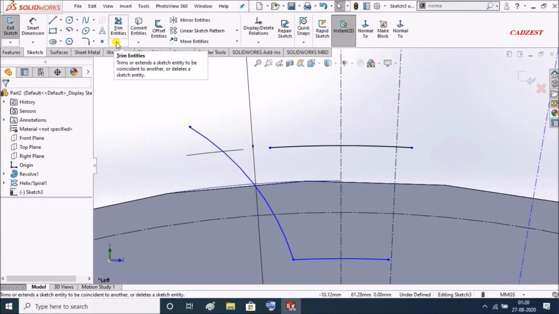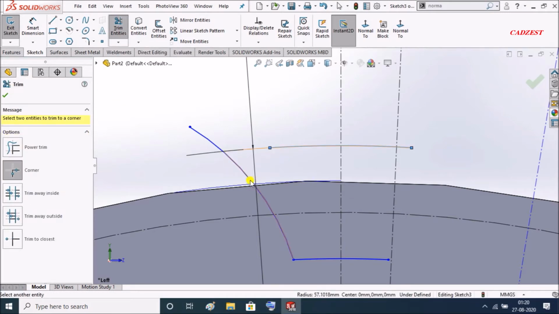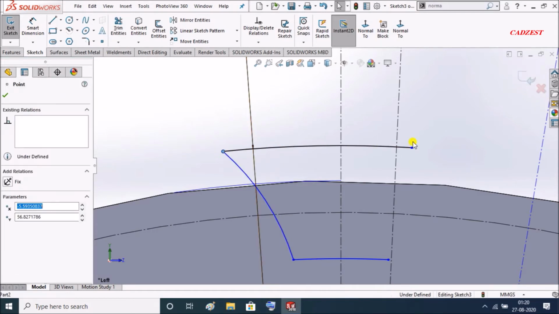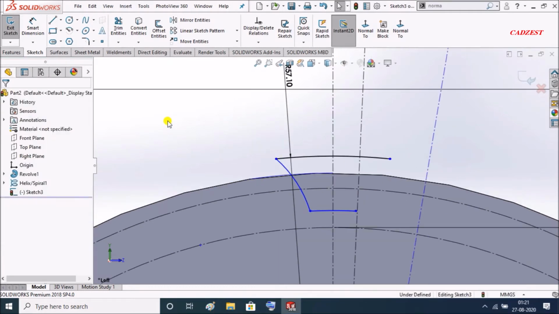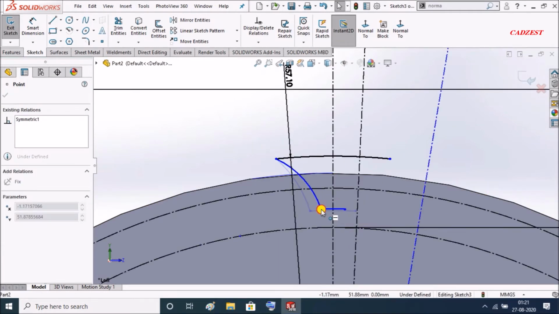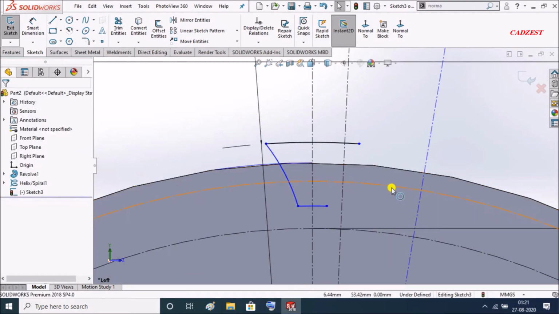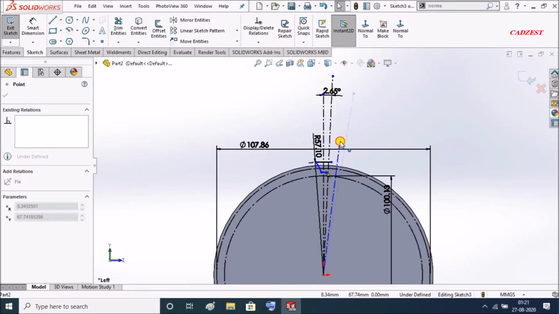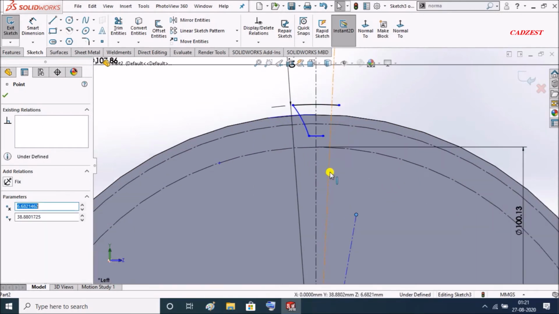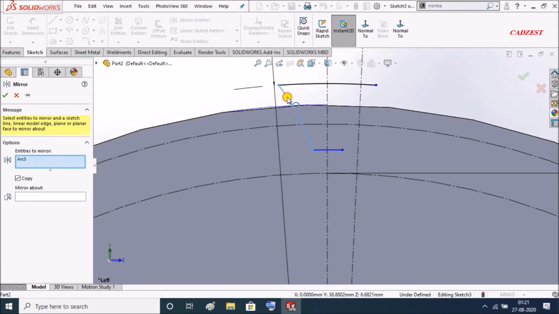So here I'll use corner. I'll do symmetric again. This time just drag this line like this and mirror this line about this line.